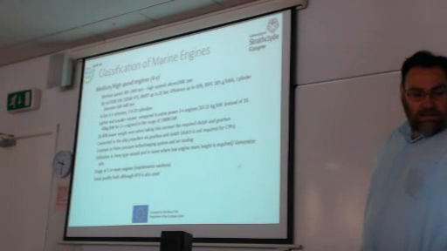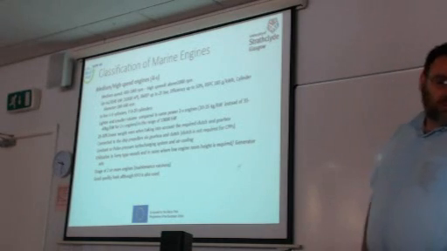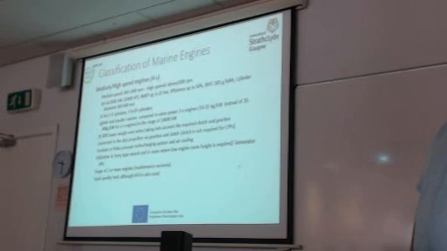Generally, high speed is considered an engine that has engine speed above 1000 RPM, and the medium speed is considered in the region from 400 to 1000 RPM. And these engines, of course, are used in ferry type ships or in cruise ships, but also in small merchant ships. I would say that this is the category of engine with the second most efficient engine, which means efficiency is up to 48%,